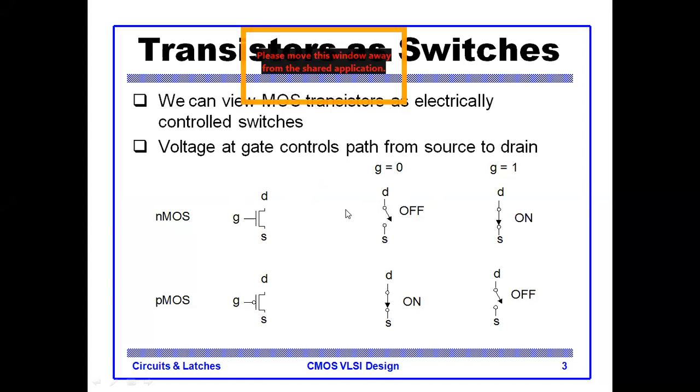So whenever we have to control the drain current from the source to drain, we can control this drain current by using a voltage. That voltage we have to apply at the gate terminal. Okay. So the first is the symbol for the NMOS type of transistor. In the NMOS type of transistor, when we are applying the input to the gate terminal equal to 0, at that time it will act as off.